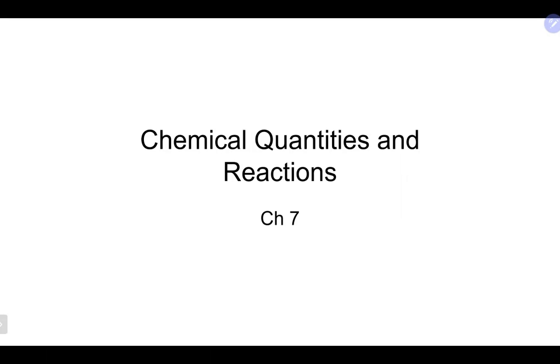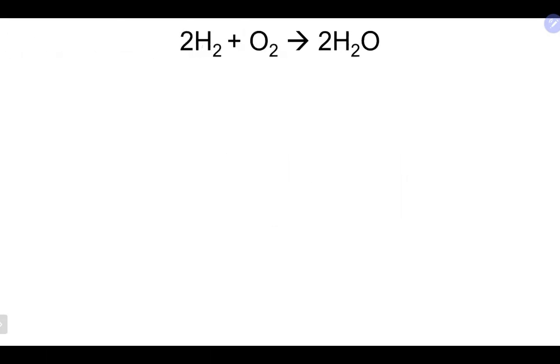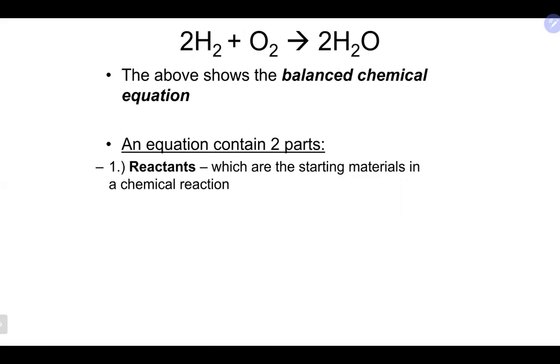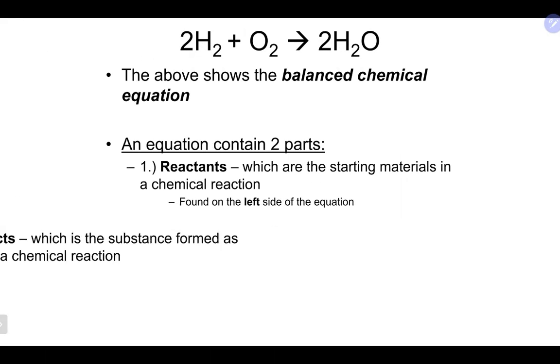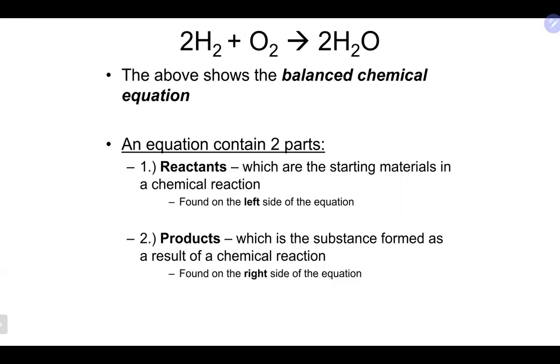Okay, so we're going to talk about chemical equations and, again, balancing chemical equations here. What we have up there is a balanced chemical equation. When we have any equation in chemistry, you always want to make sure that it is definitely balanced. And by balanced, what that means is that we have the exact same number of elements on each side of